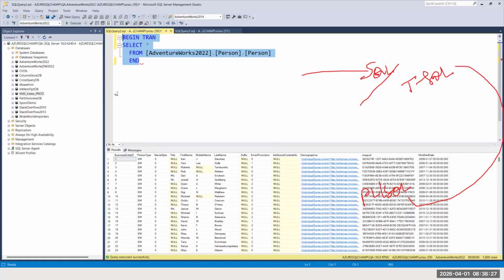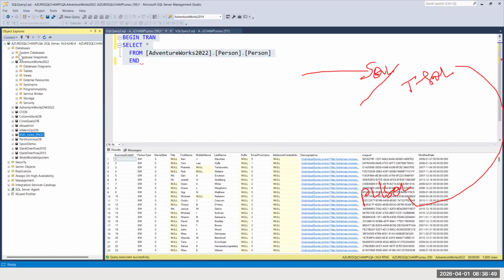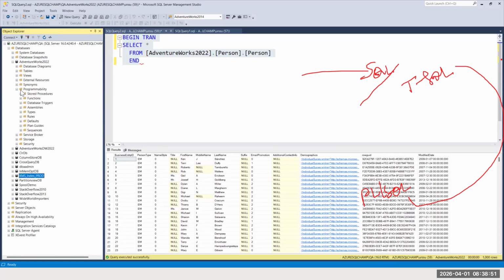So there are 2 types you will perform here. One is the traditional ad hoc request, and one is the programmatic language. Under the traditional, mostly you will perform select, insert, update, delete, all that stuff. But under the programmatic language, you will write massive programs. What are those programs?